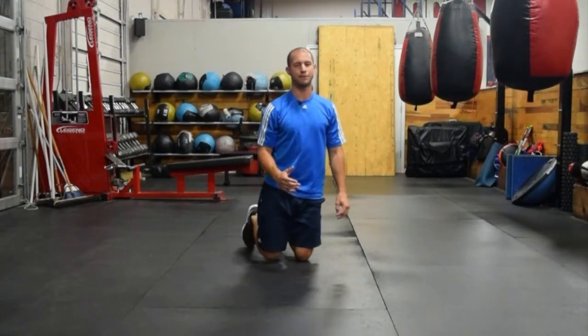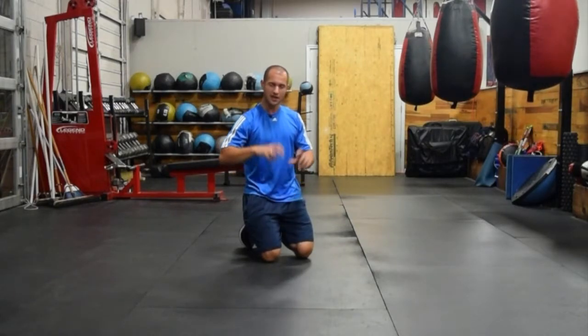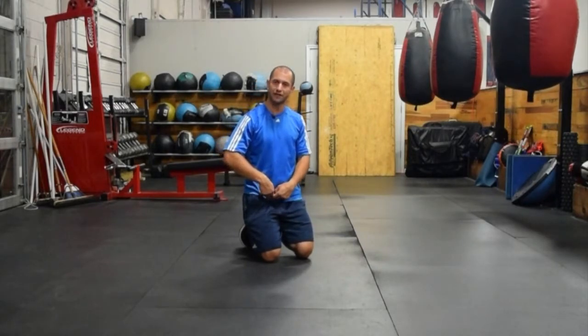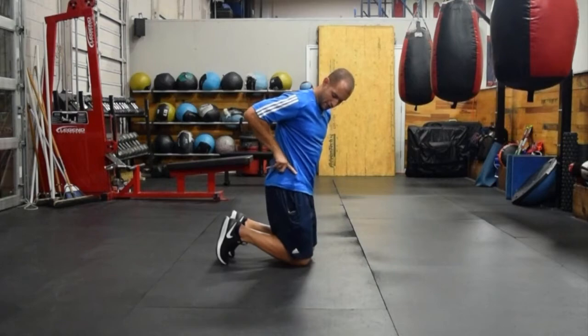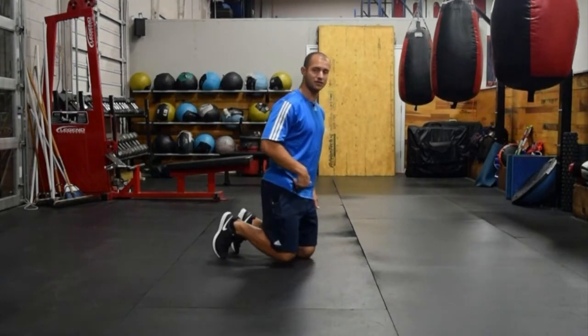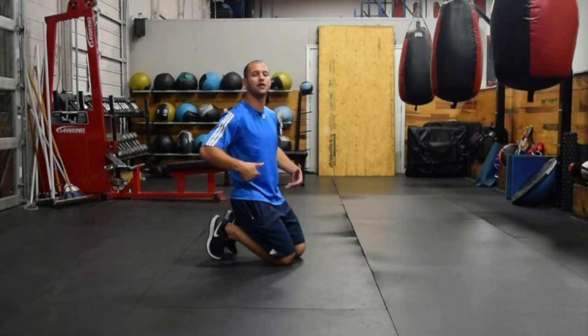From there, half kneeling hip flexor stretch. Very good stretch for anyone, to be honest with you, if you're sitting at a desk especially. But you need to realize that these hip flexor muscles actually will start to tilt the pelvis forward. A lot of times that tilt forward shortens the muscles at the lower back to create more tightness in there. And also that psoas muscle, which comes from the front of the hip here, courses through the body and attaches to the lumbar, the lower thoracic and lumbar vertebrae. So a lot of times, if that is tight, it actually starts to tug the spine forward, so it creates more of an arched position at the back. So that psoas muscle could be a culprit when it comes to low back pain or a lot of pressure